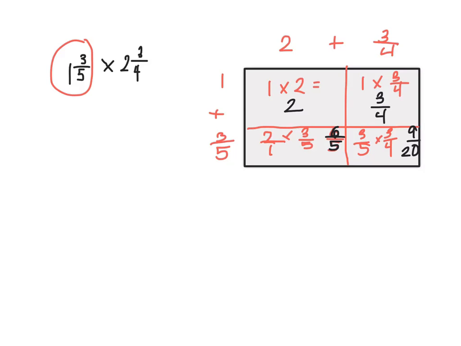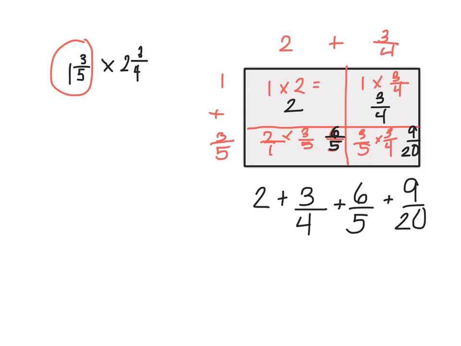I have 2 plus 3/4 plus 6/5, which is a fraction greater than 1, plus 9/20. Now, I have 3 fractions that all have different denominators, and I need to add them. So I have to make them have the same denominator. If I play with multiples of those numbers,